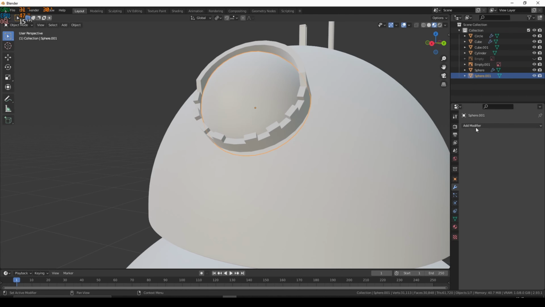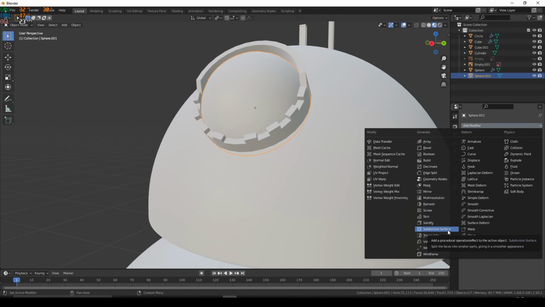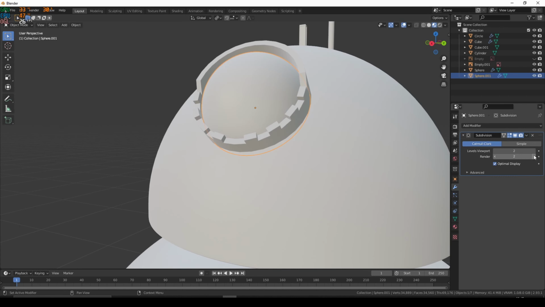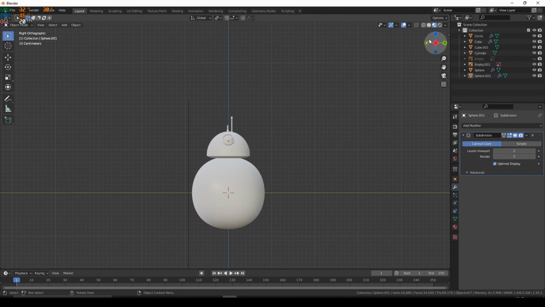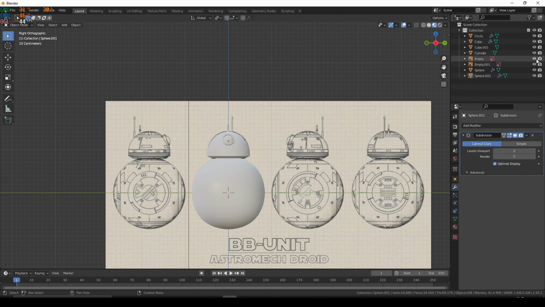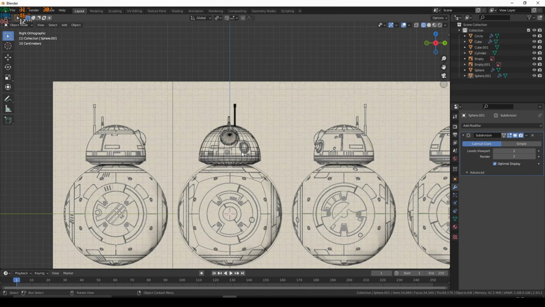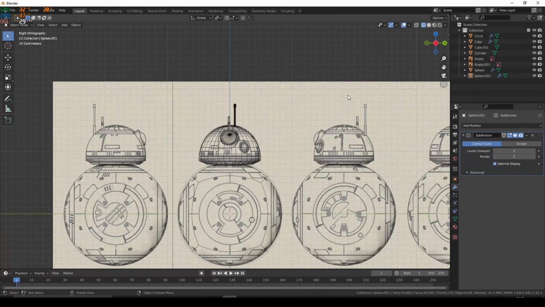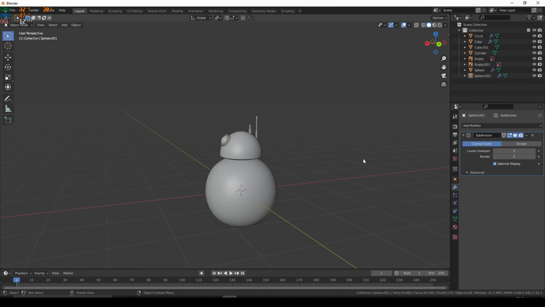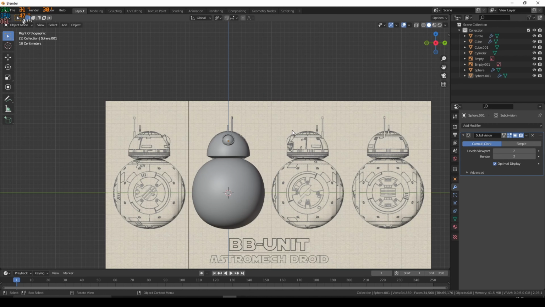And of course we can add a subdivision surface here if we wanted to, and just make sure everything's on 2. Now what we want to do is, if we go over to our original location, get our image, then go to our X-ray mode, we can see it's near enough dead on the center, which is what we wanted. And finally guys, what we're going to add is our volume control,